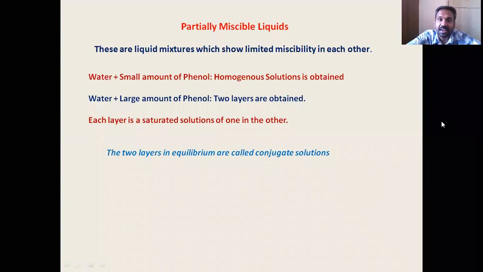Okay, fine. Now, we have to understand one more thing. What is causing miscibility and immiscibility? It's the relative amounts. When one of the solvents is present in small amount, the solution becomes miscible. When the concentrations of both increase relatively, the solution becomes immiscible. However, even that immiscible solution, if you